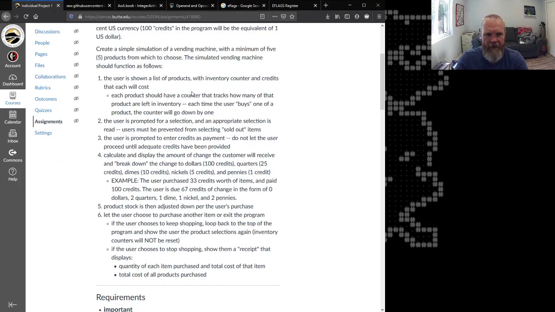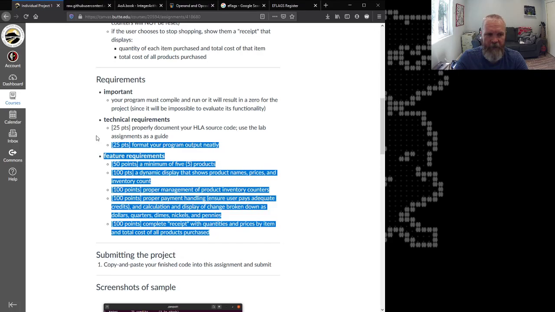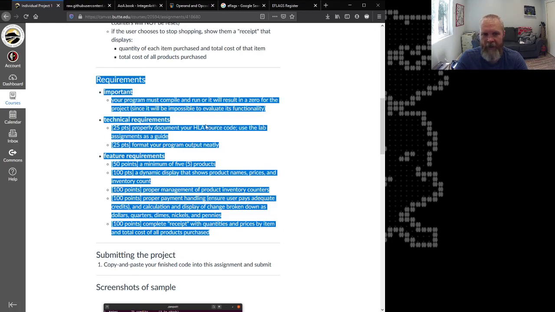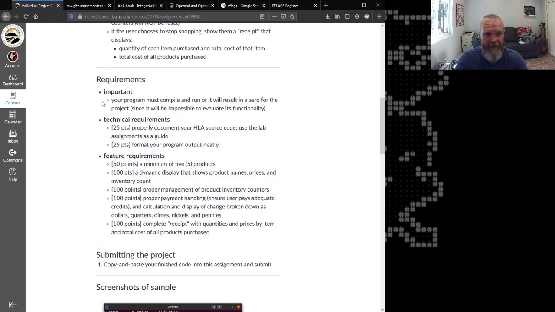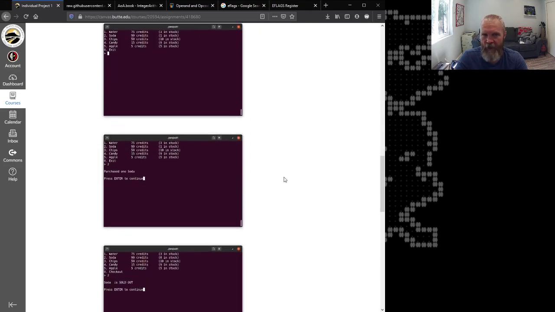So there's a lot of words, but I also added some pictures. The actual what you're scored against is down here in the requirements section. So when I go to grade these, I'll be looking in your program, in your code, and your implementation for these features. And then I also thought it might be helpful for some of you if you could see screen captures of how mine works.